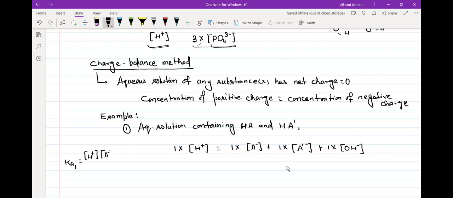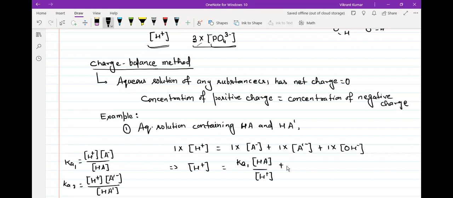Is it okay? Now, we had written Ka1 as H plus into A minus upon HA. Ka2 can be written as H plus into, at equilibrium obviously, A dash minus upon HA dash, and OH minus is Kw upon H plus. So we can write H plus is equal to A minus, see what happens, it will become Ka1 into HA upon H plus,